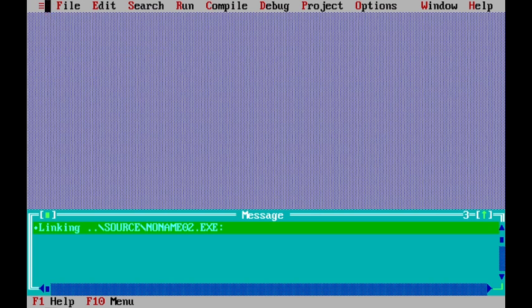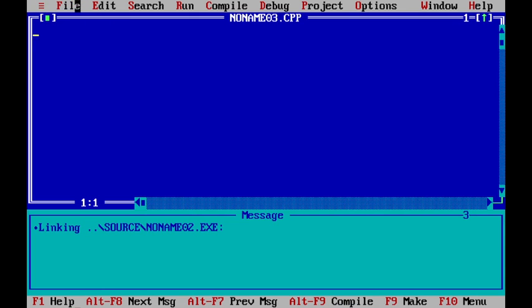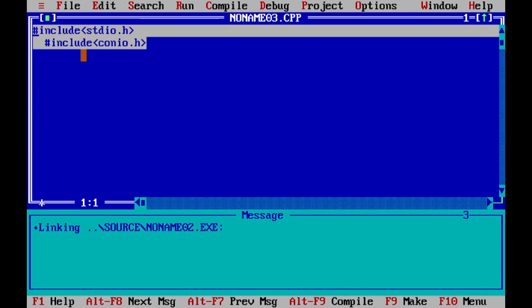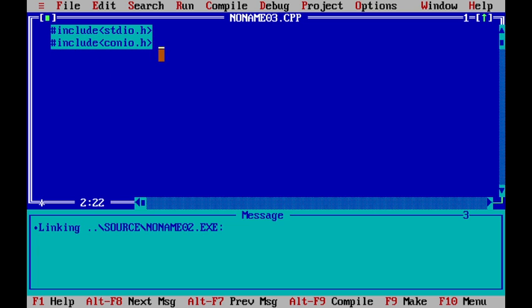Now file new, paste. Now return but with no argument.